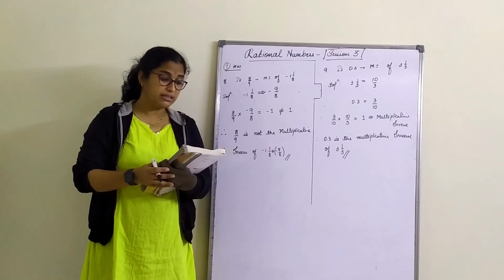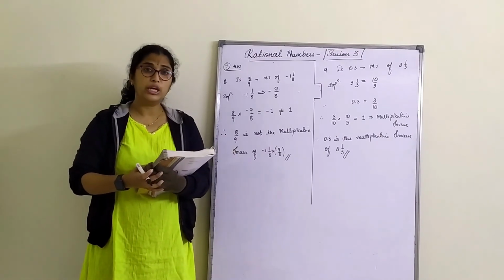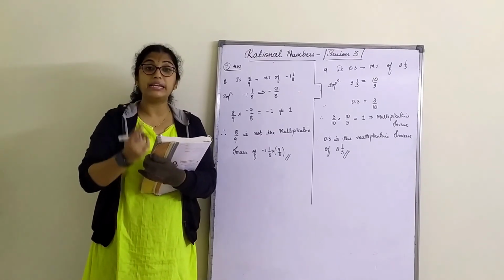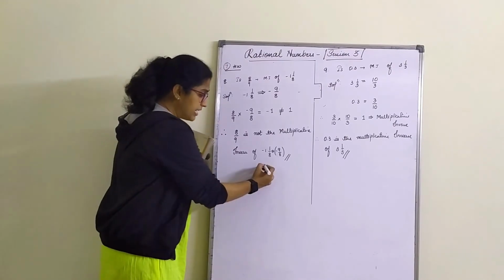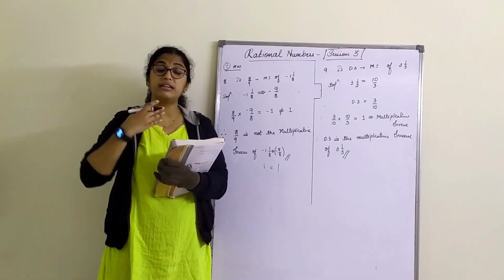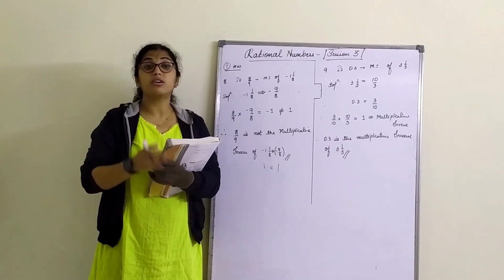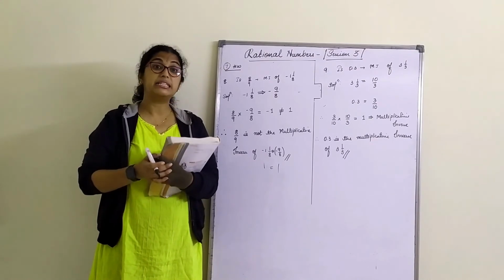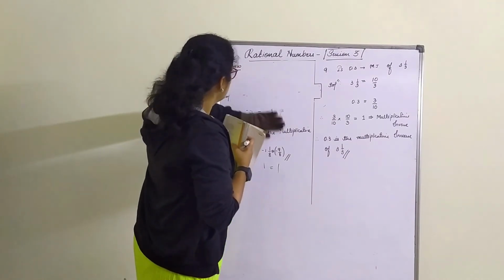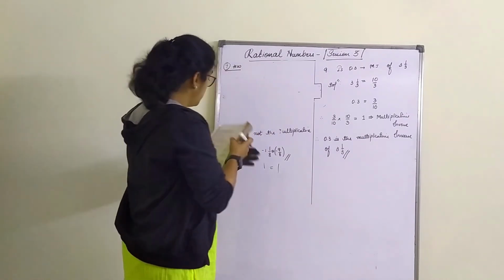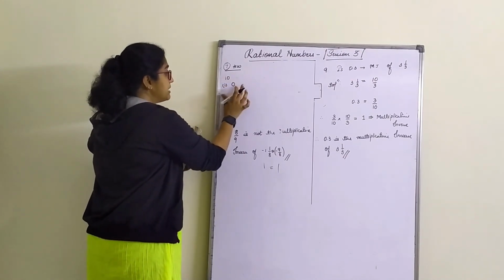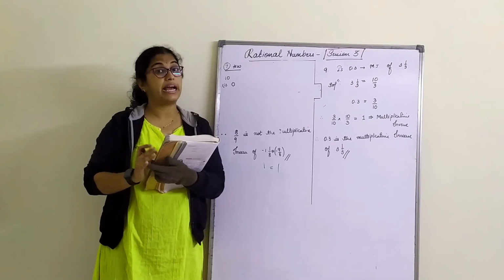First one. The rational number that does not have a reciprocal. Which is a number which does not have a reciprocal? Usually what comes to your mind? 1 comes to your mind. But 1 has a reciprocal. What is it? 1 itself, right? Which does not have a reciprocal at all. If I write it in inverse order, it does not stand. That means 0. So the first answer of the 10th main is 0. 0 is a number which does not have a reciprocal.